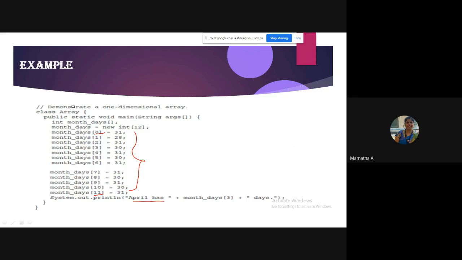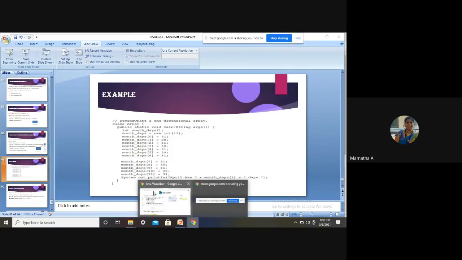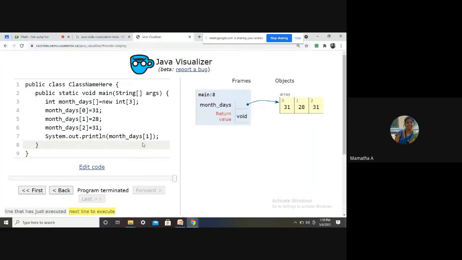To get the number of days in the April month, index 3, because it is the fourth month, so the index will be 3. Hope you are getting it. Yes or no? Okay. Fine.